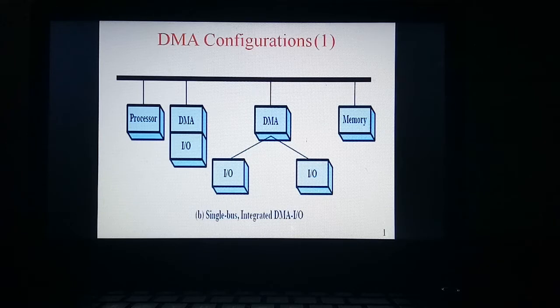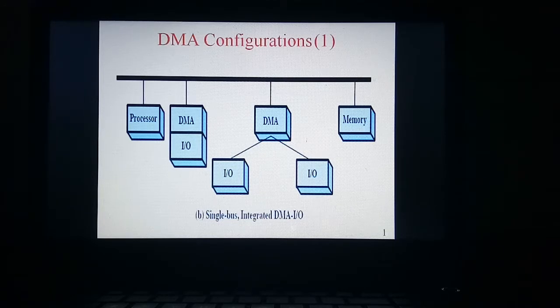The first configuration is single bus integrated DMA IO. That is, there is a single bus between the processor, DMA and IO for communication. We know that a bus is nothing but a conducting wire or communication wire between the processor and the IO devices.